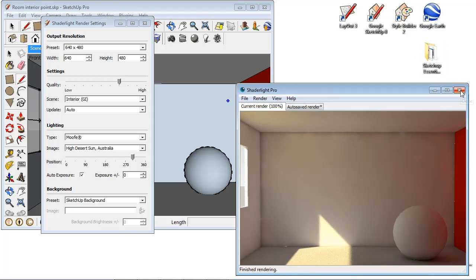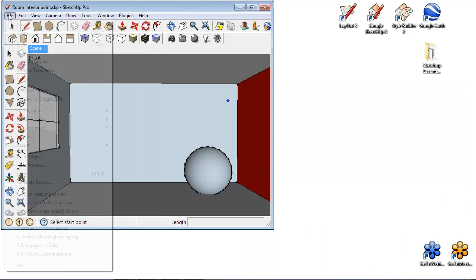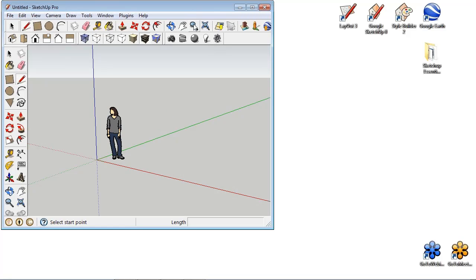Okay, so now we're going to move on to animations, and we're going to look at how to create an animation within SketchUp and Shaderlight. And then I'm going to show you how to actually create an animation using the free video editing software in Windows. And again, this is something that we get asked a lot of, oh, how do I save an